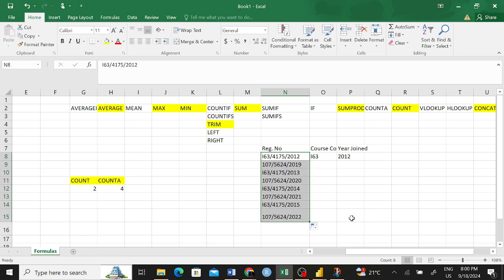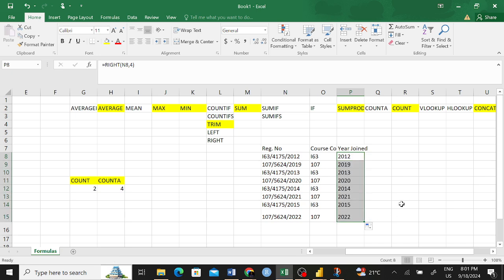Yeah, so I've generated some numbers here. So I can drag down, and also I can drag this one down. So it is speaking for me. It's telling me this student joined in 2019, this other one joined in 2013, this other one joined in 2020, and so on. So you know when those students joined, and then you also have their course code. So once you are here, you can also say course name,